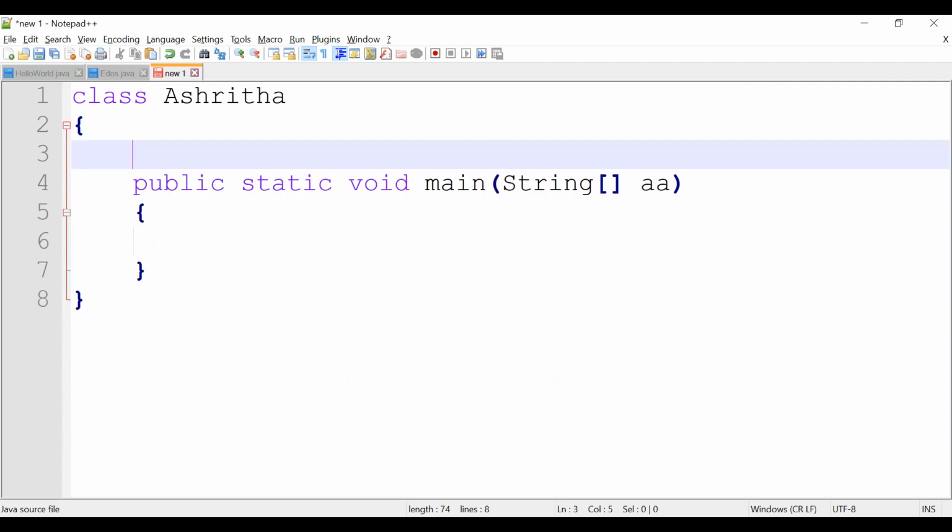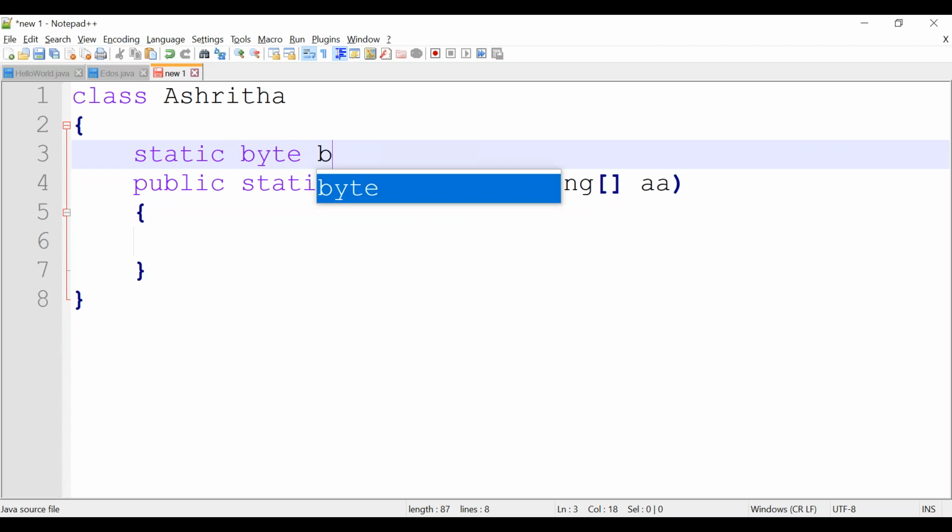Inside this class, we are trying to declare all the data types as static variables. Consider static byte b.